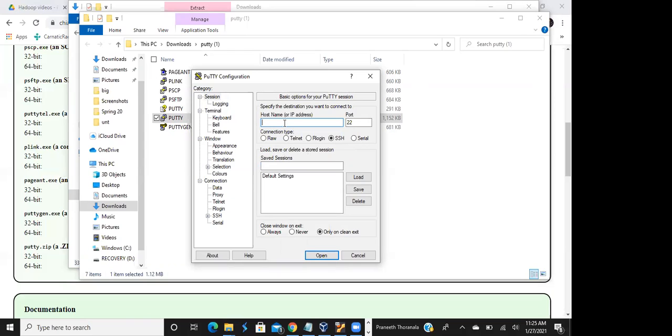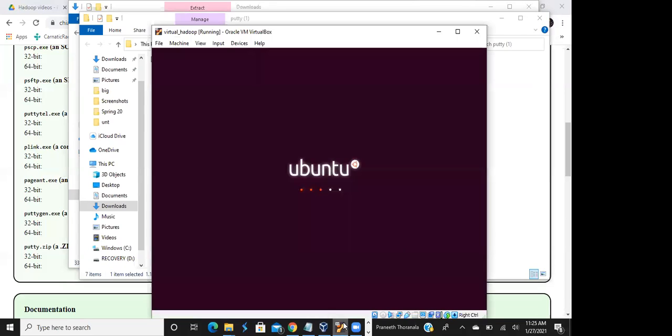Now you go back to your VM. Still not open. Oh, it's taking a lot of time. You want me to click enter again? Yeah, just try. No, no change. Okay, it's not supposed to take this much time.